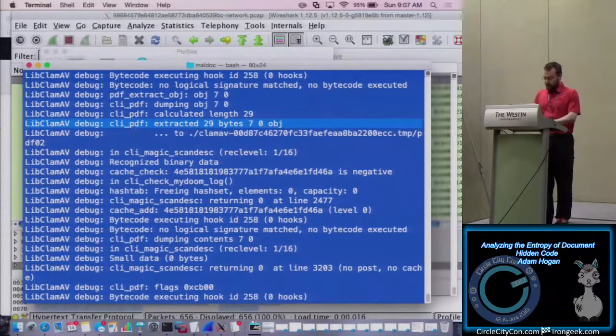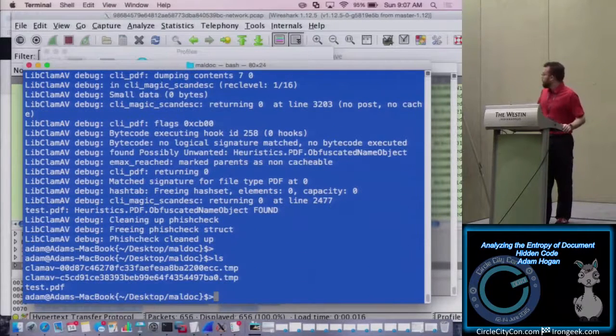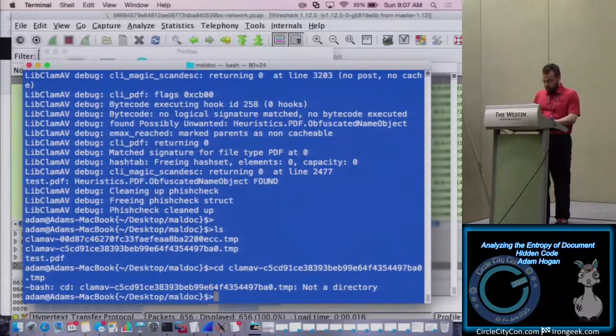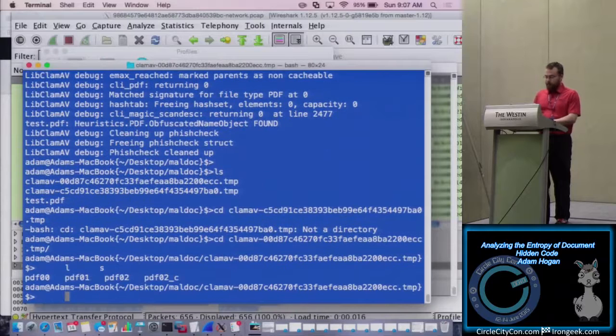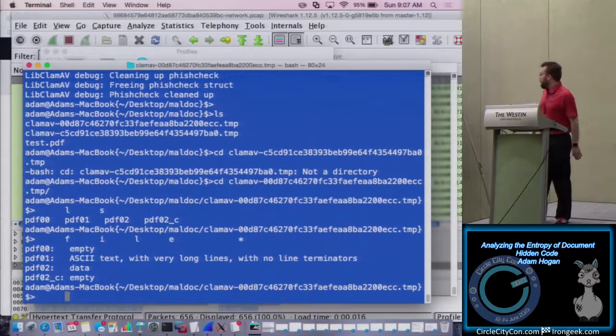So if we now look in this directory, we'll see there's a couple extra files there. Actually, one's a directory. If we go into that directory, you'll see there's those objects. What it's done is extract each object that was in the PDF file. And if we take a look at them, like I'll run file on all of them, we can see a couple of them are empty, right,